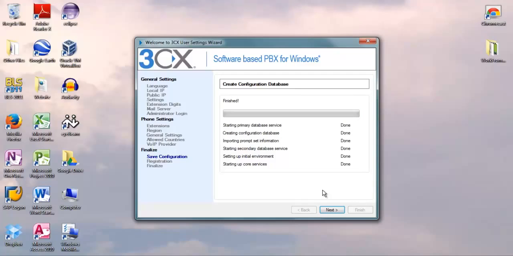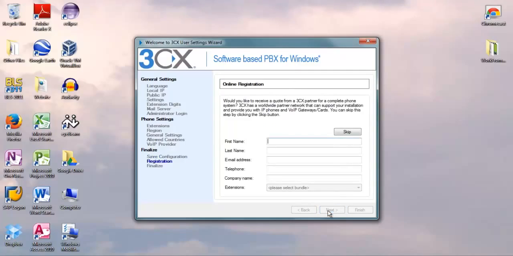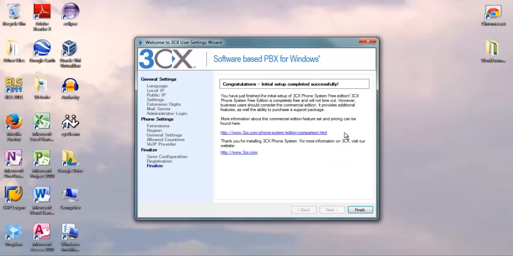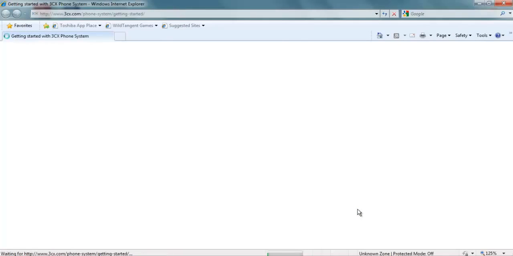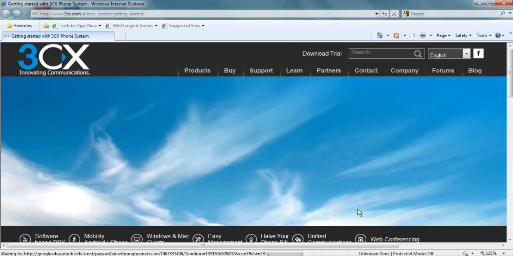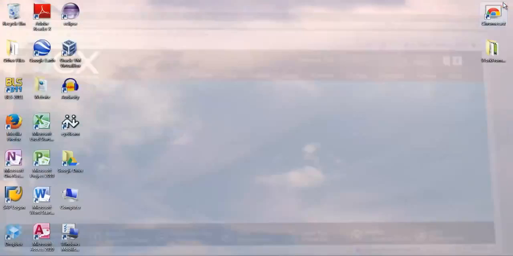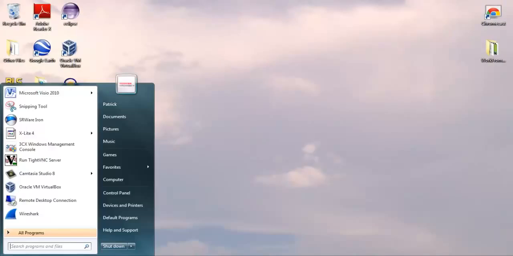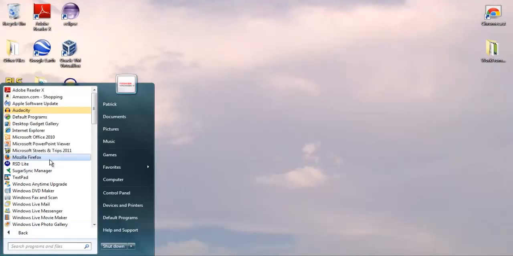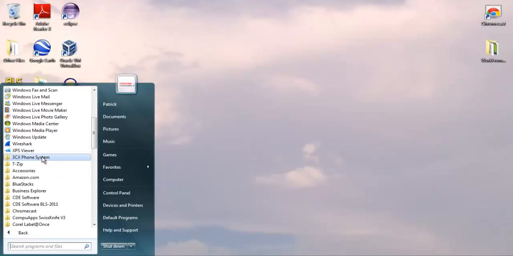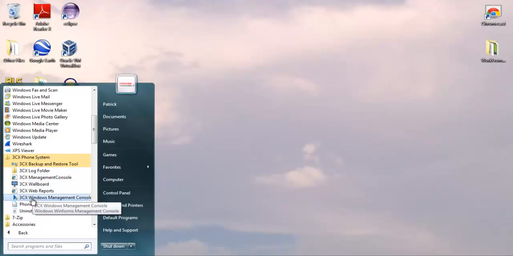After the database has been created, a link will be given for registration. And since we have completed this earlier to download the software, we will skip this. After installation has been completed, you will see the 3CX page pop up, which will mean you have completed the setup. Next, we will pull up the 3CX Windows Management Console,